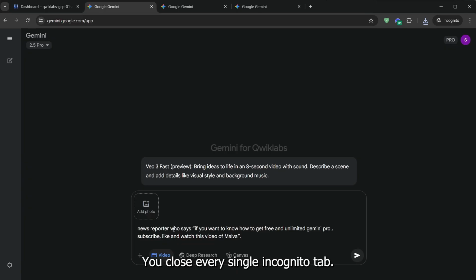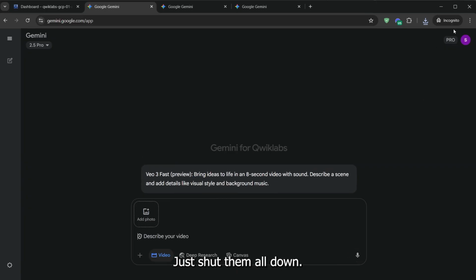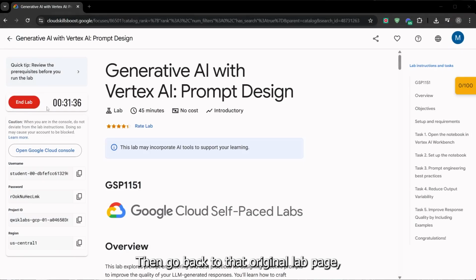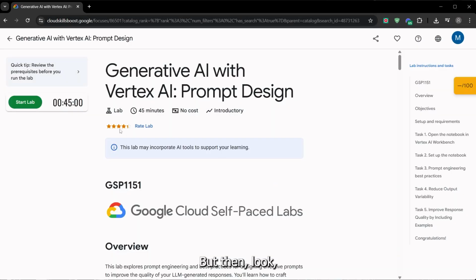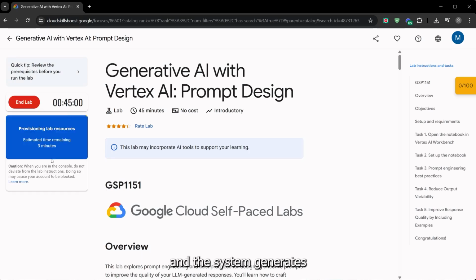Watch closely. You close every single incognito tab, just shut them all down, then go back to that original lab page, the one with the timer. Click the red End Lab button and confirm it. The session is terminated. It's over. But then, look, the Start Lab button is active again. You just click it, solve a new CAPTCHA, wait in the queue for a couple of minutes, and the system